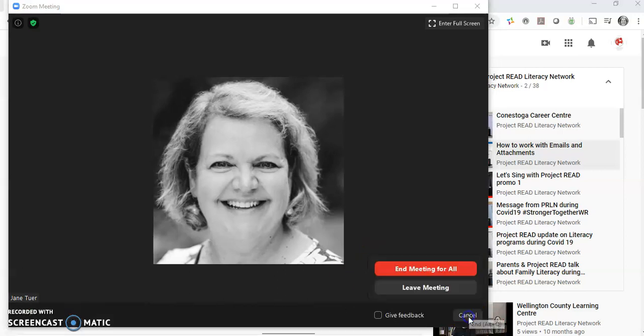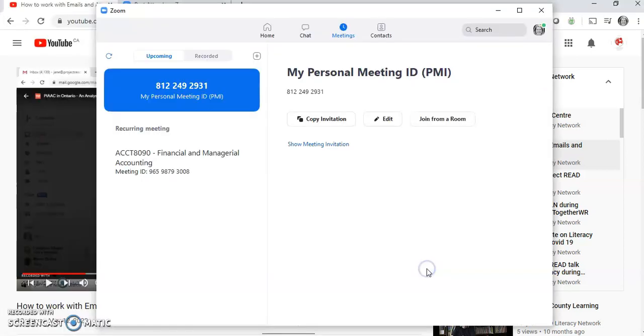You can end the meeting at this point in time. You can either leave the meeting, which leaves people in the room, they can still chit-chat, or you just end meeting for all, which is like kicking everybody out. If you click on give feedback, they can let you know at the end of the meeting when they're kicked out or they leave, they can give some feedback on the meeting. All right, so I'm going to end the meeting for all, which just takes me back to my personal screen, and I'm going to end this